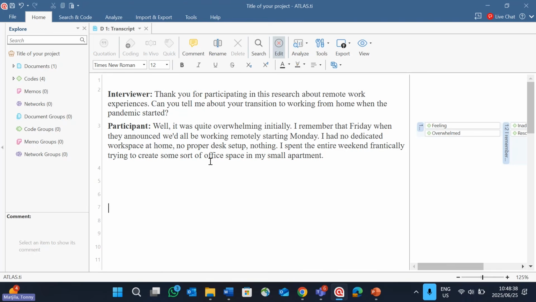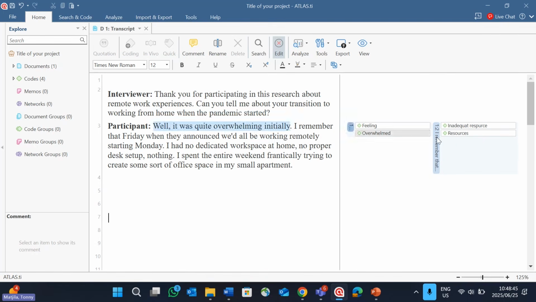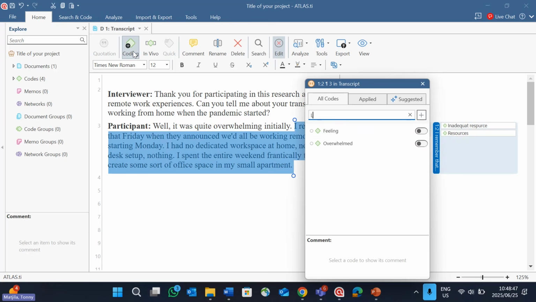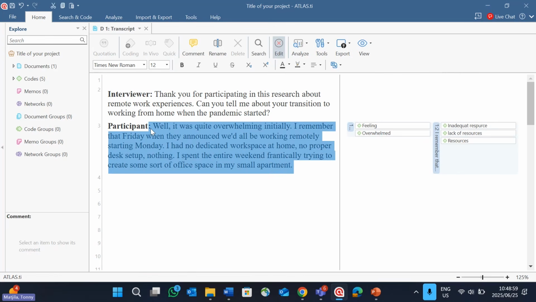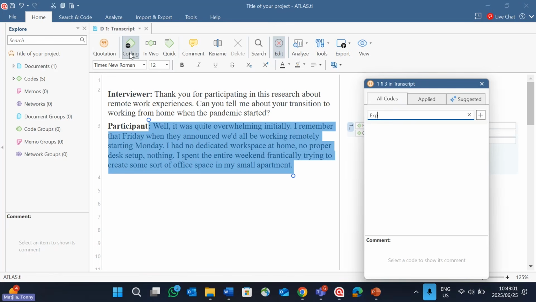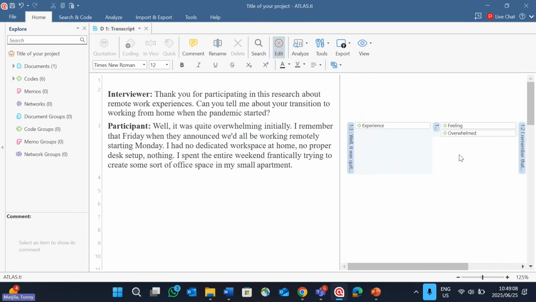There was someone saying lack of resources. So lack of resources, you code it. And someone was saying experience. So whatever comes to your mind, type it. Okay. So you will have all these codes, and it might happen that sometimes you are not sure